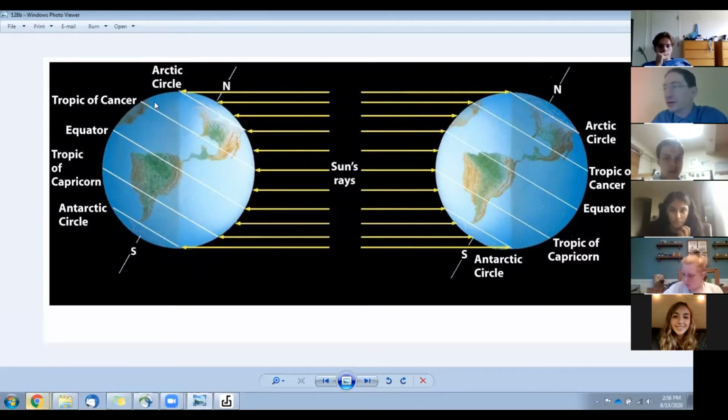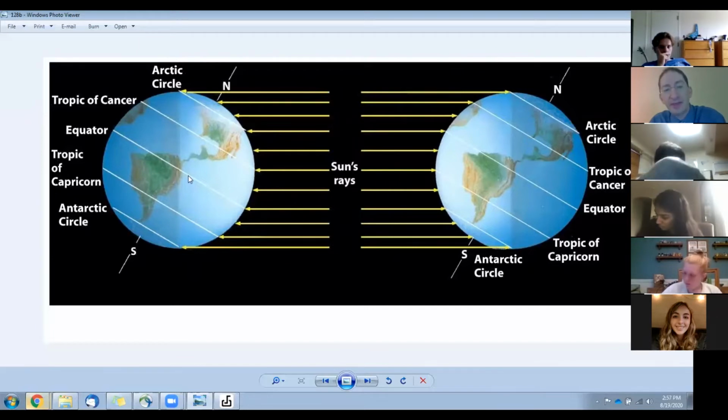Let's come back over here. Summer in the north. Here's the equator. If you look above the equator, this whole region right here is illuminated, and only this sliver right here is in darkness. So starting at the equator, we have 12 hours of sunlight and then 12 hours of darkness. But as we move our way up, when this is in the summer configuration, we have longer and longer periods of sunlight and shorter periods of darkness. Finally, you get to the Arctic Circle and it's 100% illuminated, like 24 hours a day.